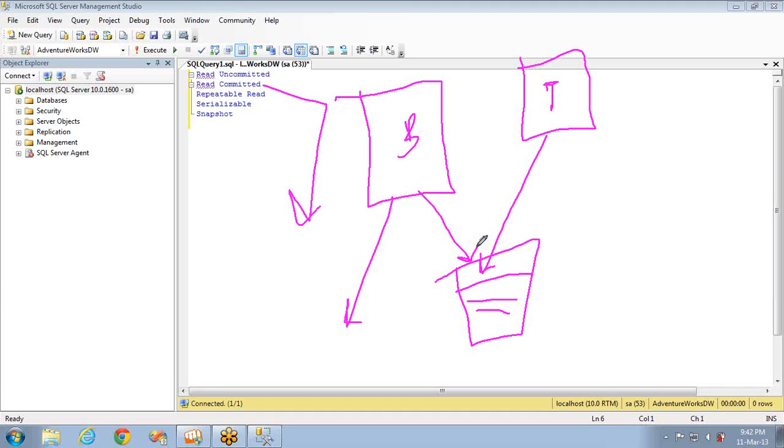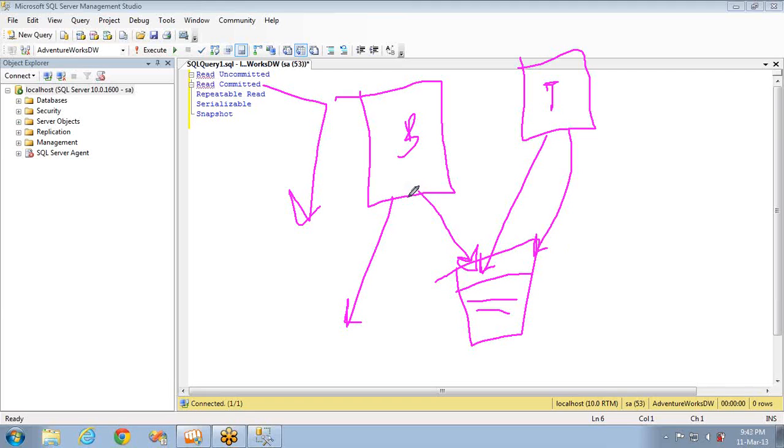Generally, any transaction that reads a row and uses the read committed isolation level will check whether any exclusive lock is placed on the particular data or not. If any such lock is available, then the transaction will not fetch the data. If no such lock is available, then the transaction fetches the data. So this one will be updating the data, and while updating, generally what people will do is apply an exclusive lock.